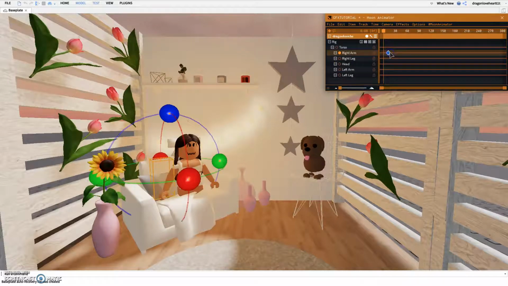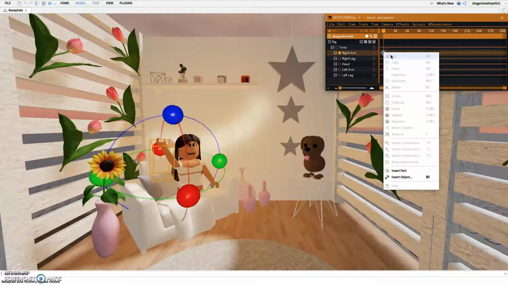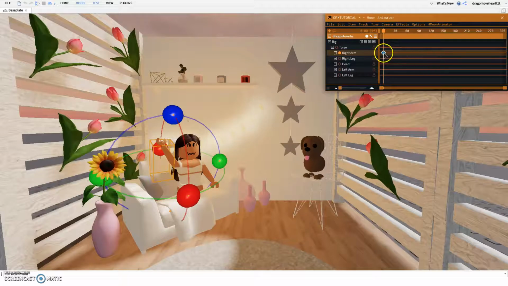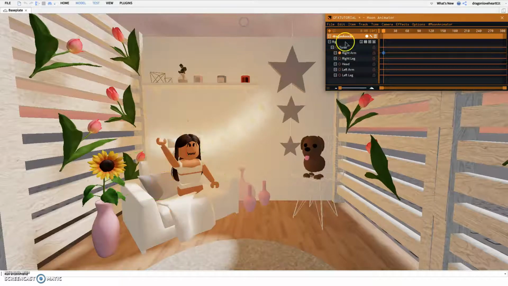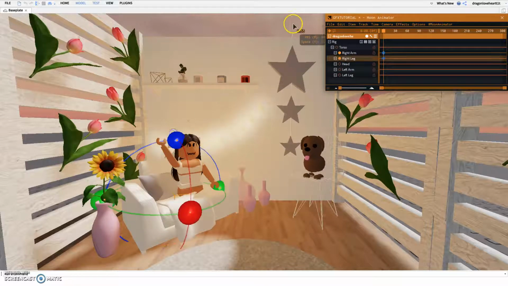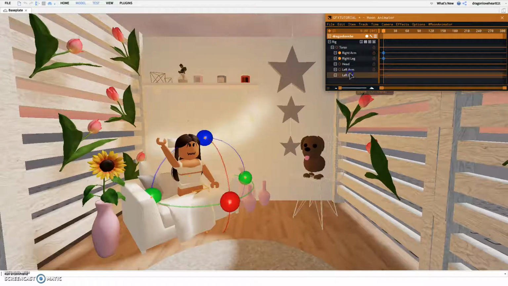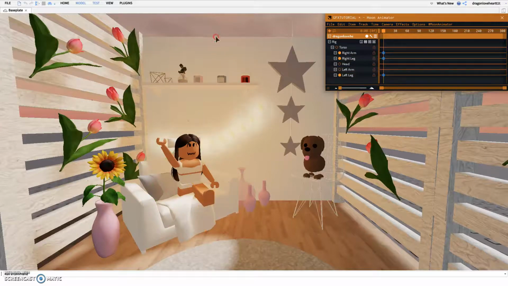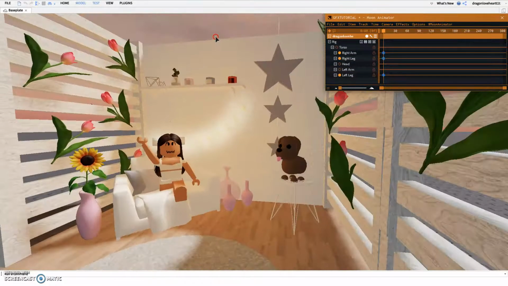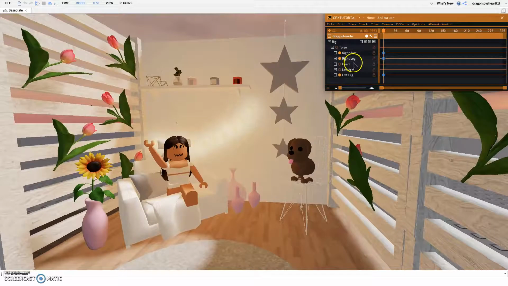I don't know how. So yeah, that's one thing. There we go. Okay, so now the left leg, we're just gonna do like that. It doesn't really look realistic. The right leg,